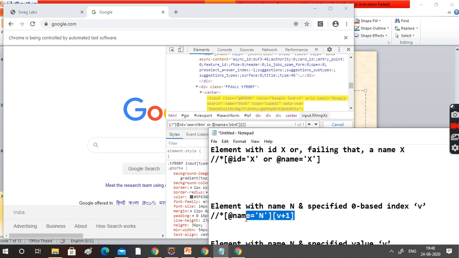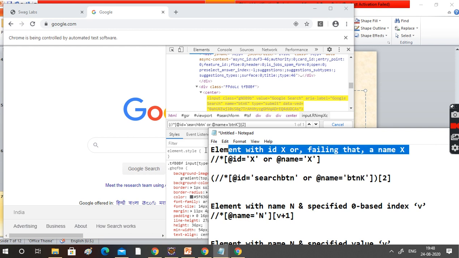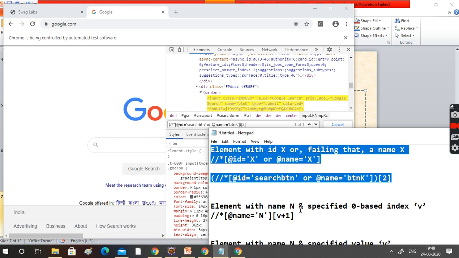And what about this one? So hopefully you got this first technique, right? That is what the statement is saying. The driver is trying to find the element with the help of this ID attribute, but unfortunately the developer removed this ID attribute. So if it is failing that, then use this name is equal to btnk. That is what the statement is saying here. Okay, fine.